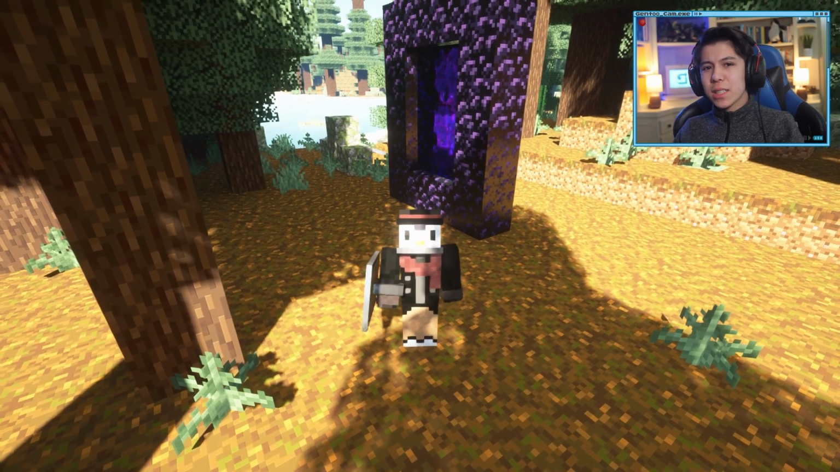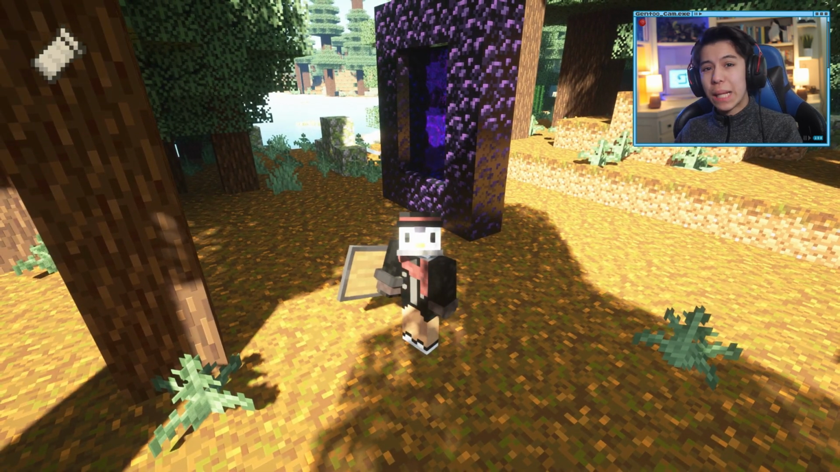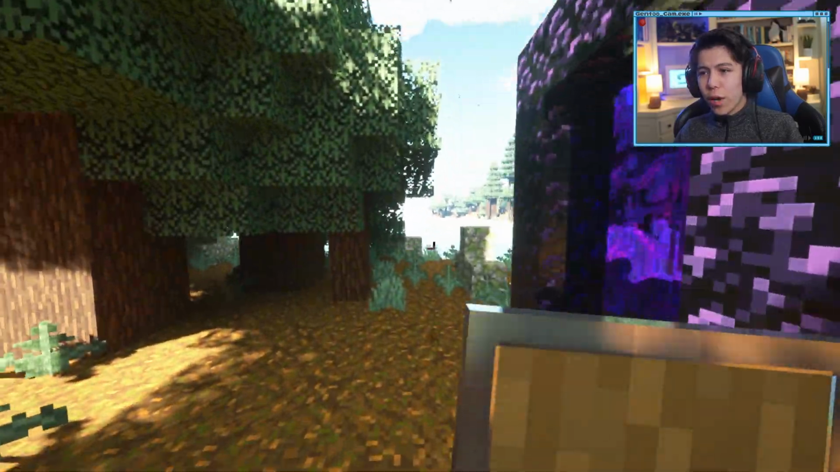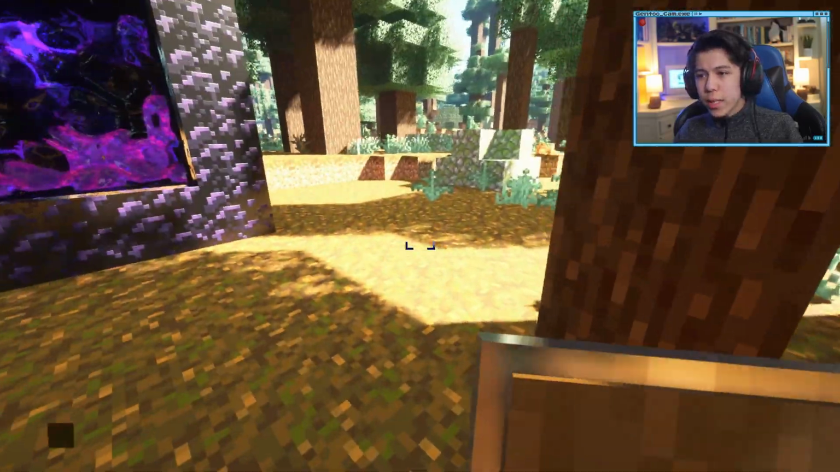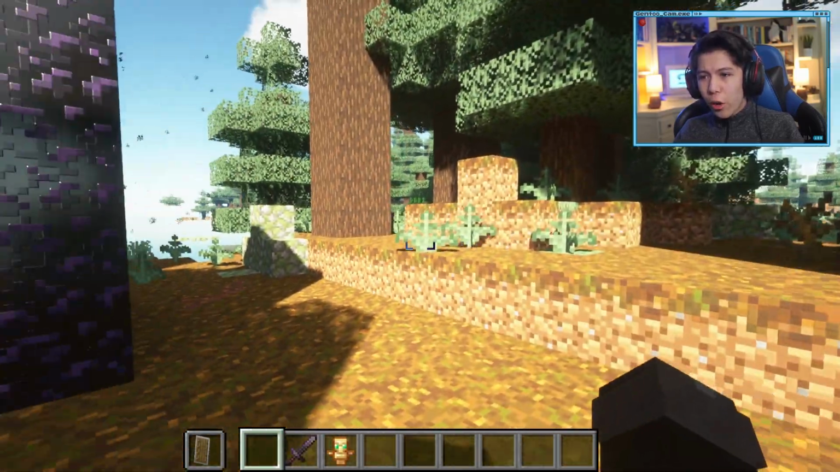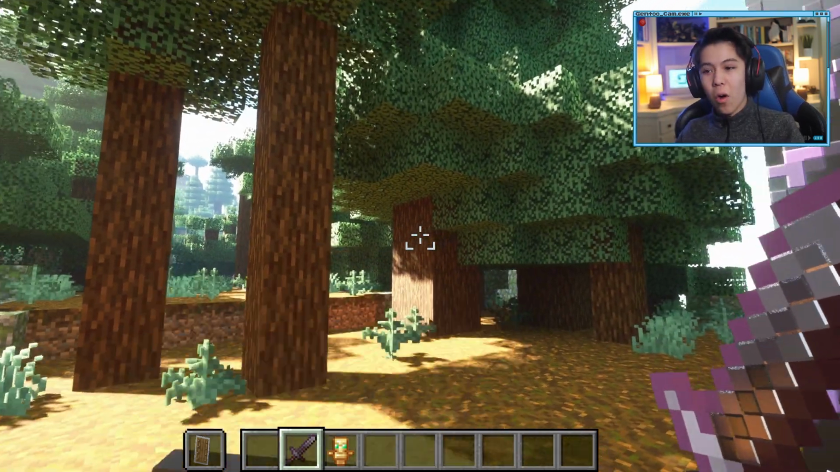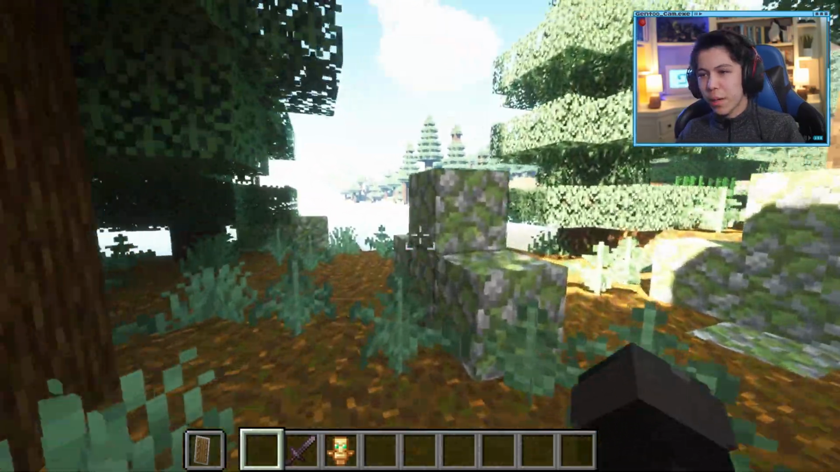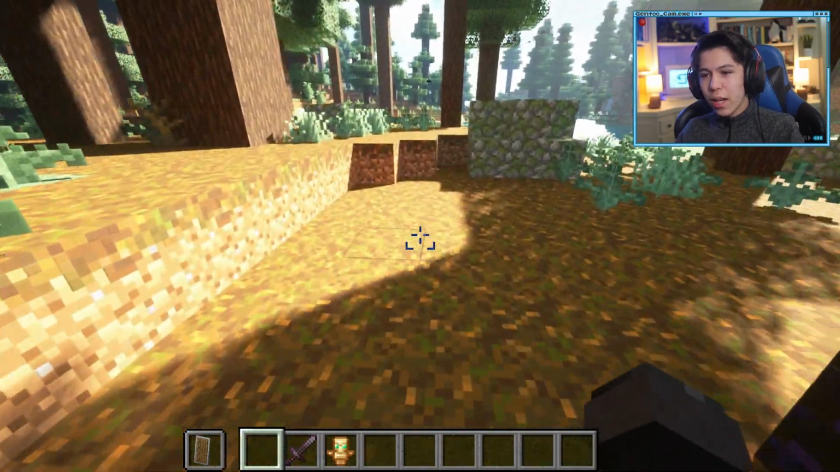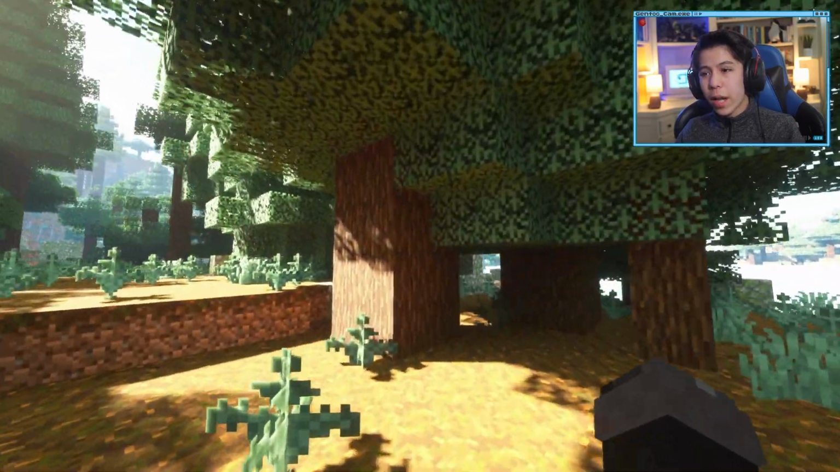Okay guys, the next mod on the list is called Some Ordinary Tweaks. It is a Fabric 1.17.1 to 1.19 mod, and has a few very useful tweaks, including disabling shield rendering in your offhand unless you are holding a sword, which makes a whole lot of sense, and it just clears up the corner of your screen when you really don't need to use it. And it does the same thing with totems, except it never shows,